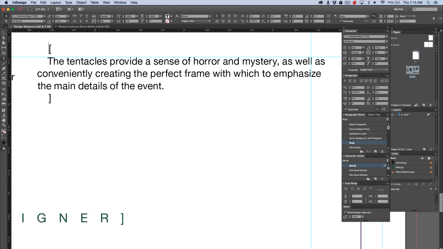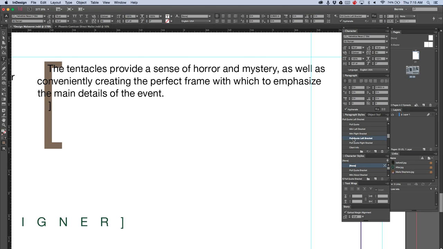As you're doing InDesign, one of the nicest features about paragraph styles is the ability to apply it to multiple lines of text. So if I click anywhere in this bracket, and I know I have a paragraph style that is called pull quote left bracket, if I right click on that, apply, sorry, let me click on it, and then